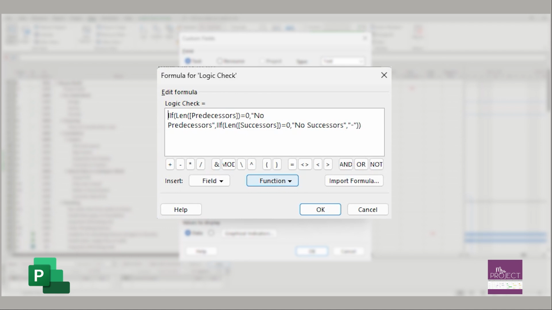Because we're looking at 2 different fields, we're including it in one, but it's saying, hey, if the field of predecessors has a length of 0, which means it's blank, I want it to type in no predecessors. And then same with successors. If the successors field has a length of 0 characters, I want it to write back no successors. But what do I do with all the ones that do have predecessors and successors in them? I just want to put a dash in there